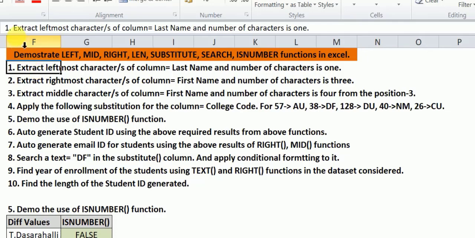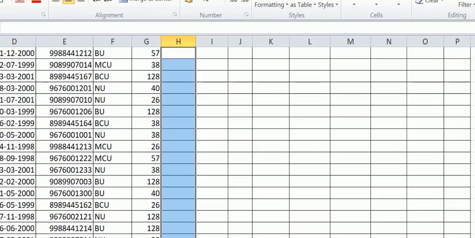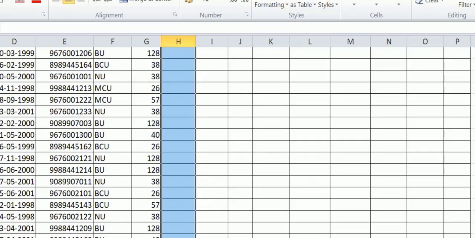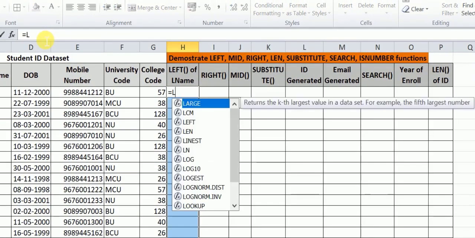Our first condition is extract leftmost character or characters of column last name, and the number of characters to be extracted is 1. So here, as it is leftmost extraction, the left function has to be used. We will try to apply that. We will go back to the data set. Yeah, we will select the cells of the column, equals left,